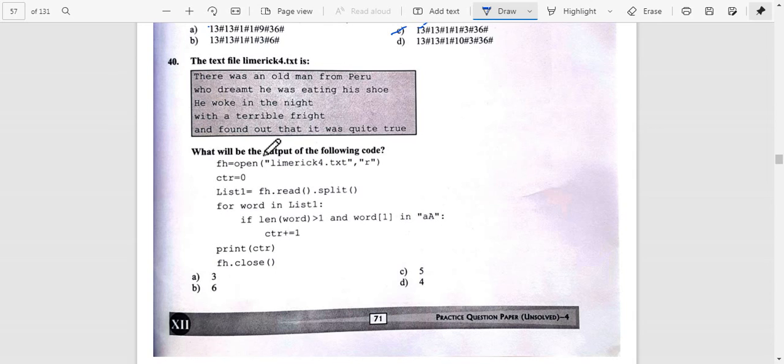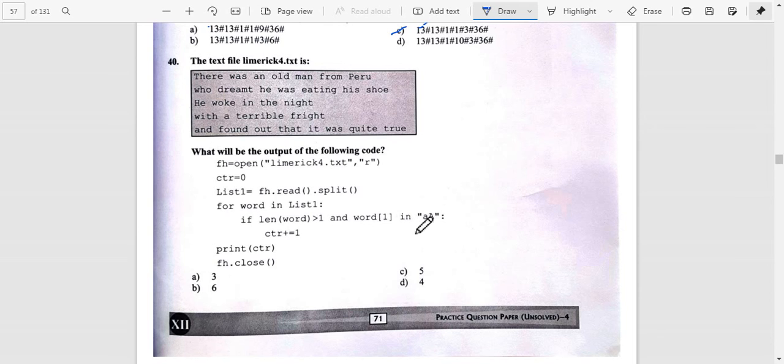Okay, so now this is the a: 1, 2, 3 and 4, 5, 6, 7, 8, 9, 10. So a is there in the 10th.